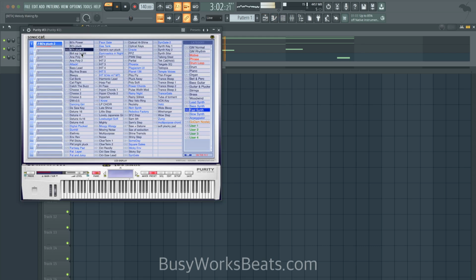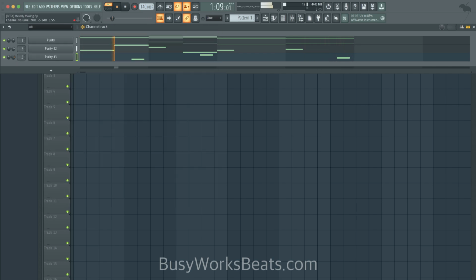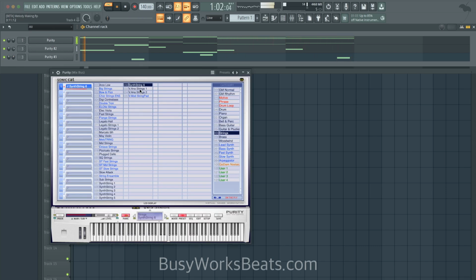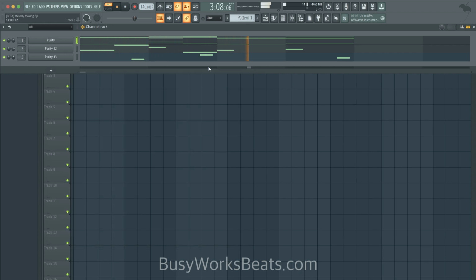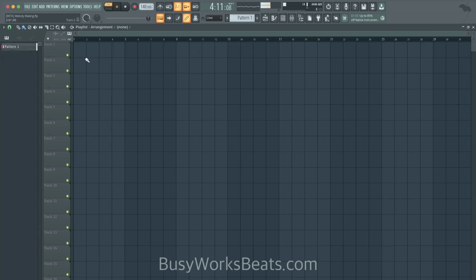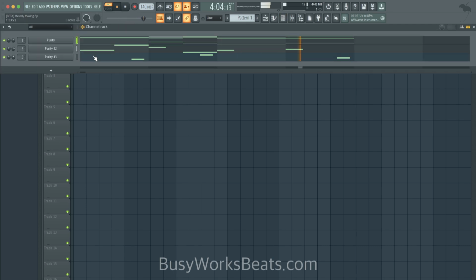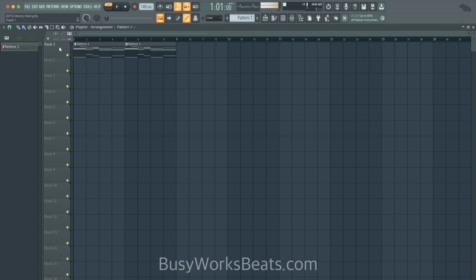So now we can go in and switch out the sound. Okay, now let's print this to audio.